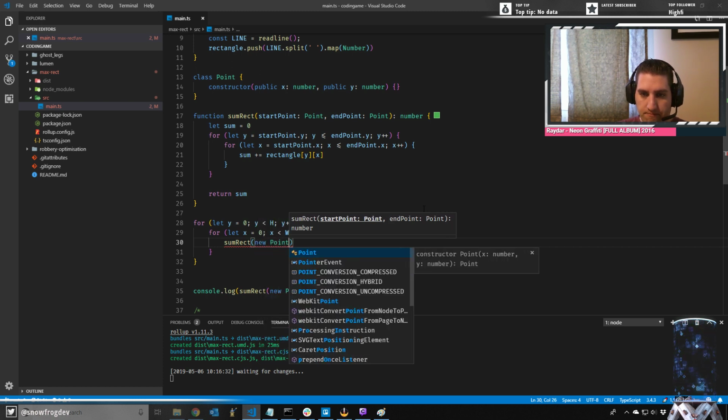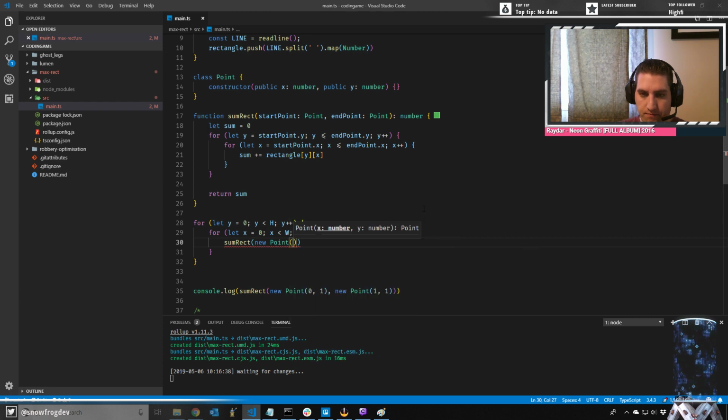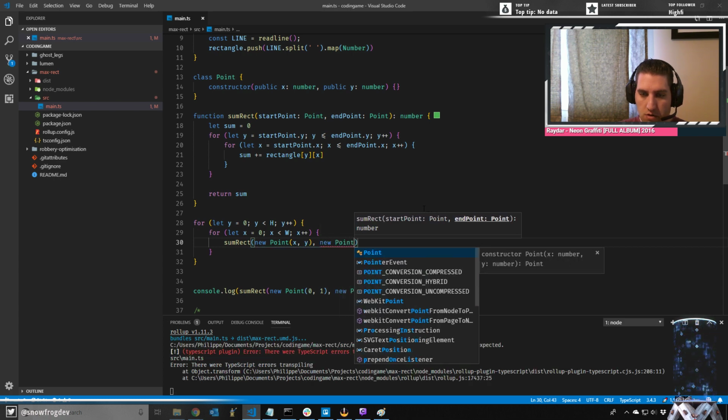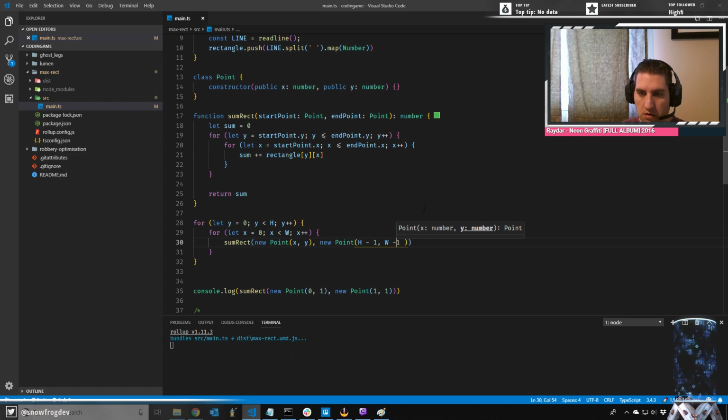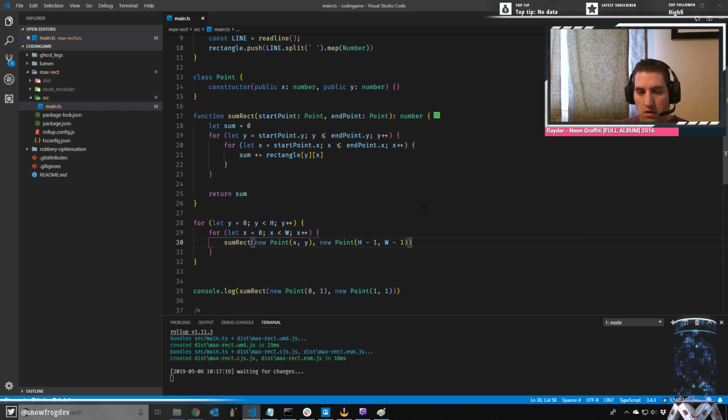New point, X, Y. Endpoint point. Height minus 1. Width minus 1. So doing that is only part of the